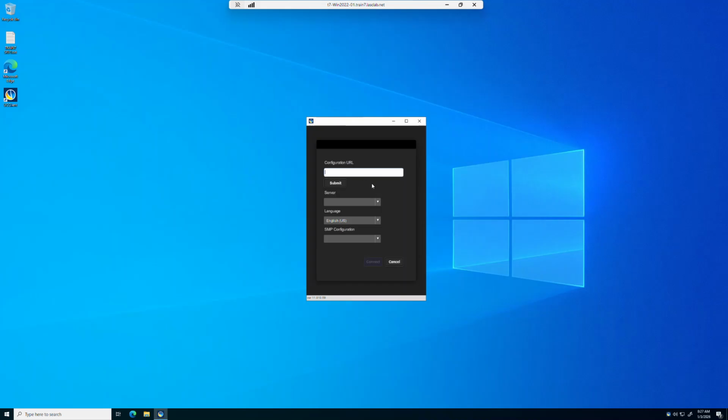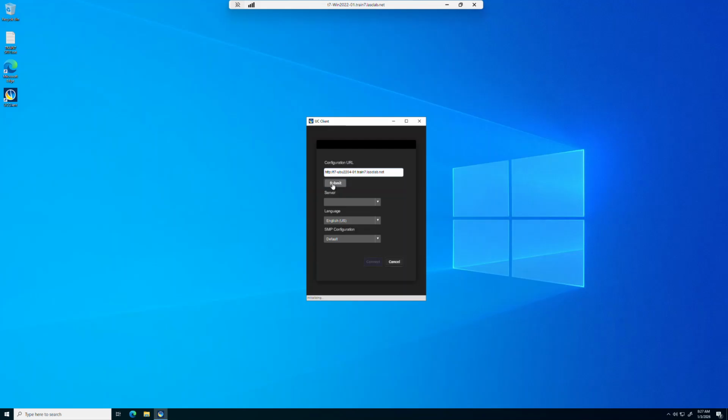Now the first item that we need to consider is to connect to our Inform Voice server. So we need to type the URL to get there. It's HTTP and the name of the server. We don't need to put the port number, but the port number to connect will be the 9080 because we are using a non-secure connection at this point. So we click on the submit button